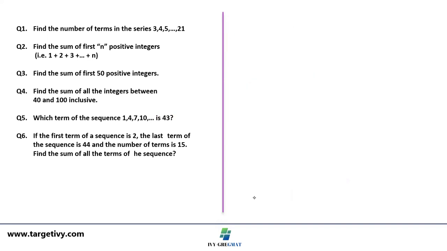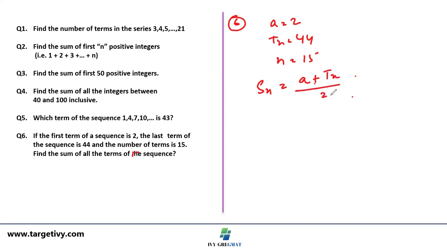Let's look at question number 6. If the first term of the sequence is 2, the last term of the sequence is 44, and the number of terms is 15, find the sum of all the terms in the sequence. First term is equal to 2. The last term is 44. N is equal to 15. So the sum of the terms is equal to a plus Tn by 2 into n,